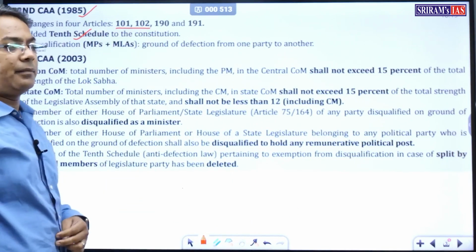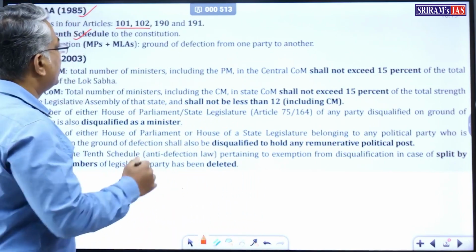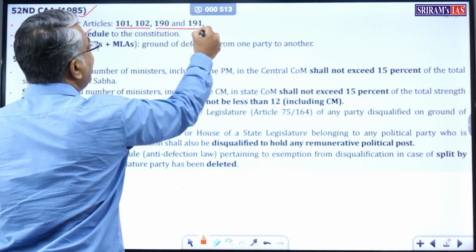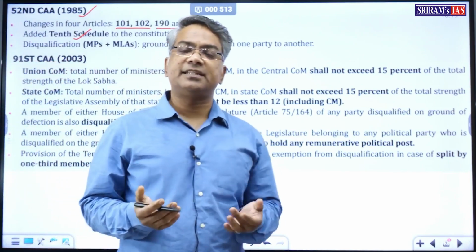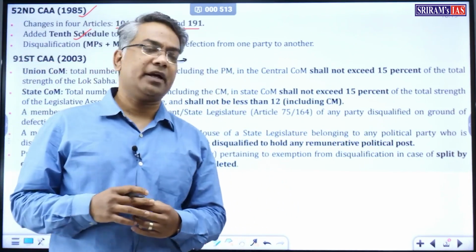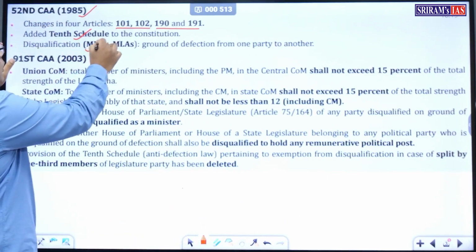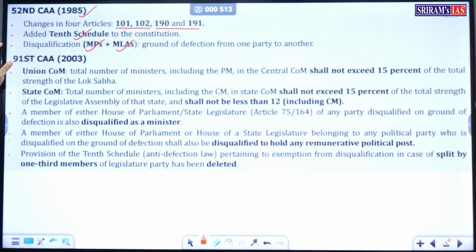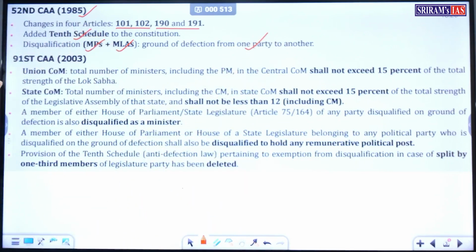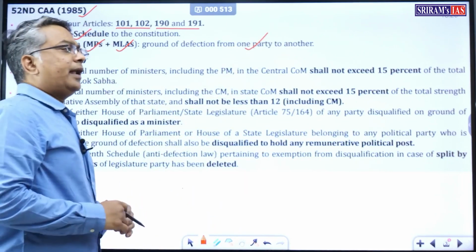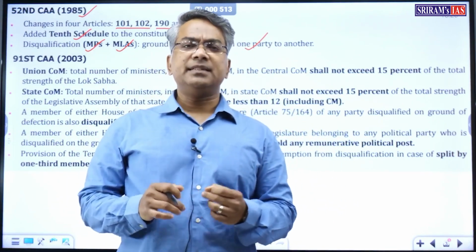relating to the Parliament, that is vacation of the seats and the grounds for disqualification of the members of the Parliament, and 190 and 191 relating to the state legislature, that is vacation of seats in the state legislature and grounds of defection. So disqualification of whom? Both members of Parliament and state legislature, that is MPs and MLAs, on the grounds of defection from one party to another. The 91st Constitutional Amendment Act 2003 strengthened the anti-defection law, that is, it limited the number